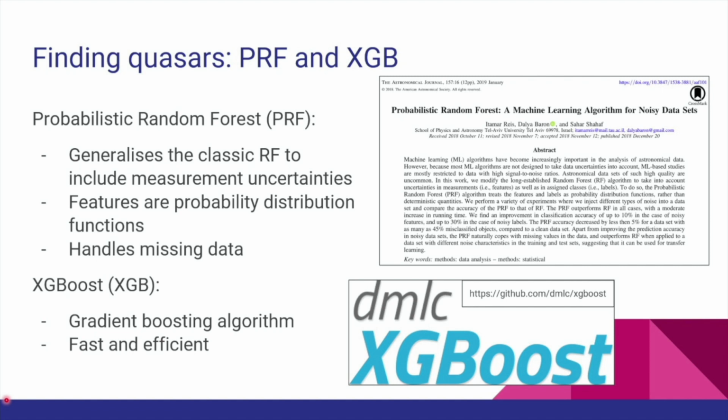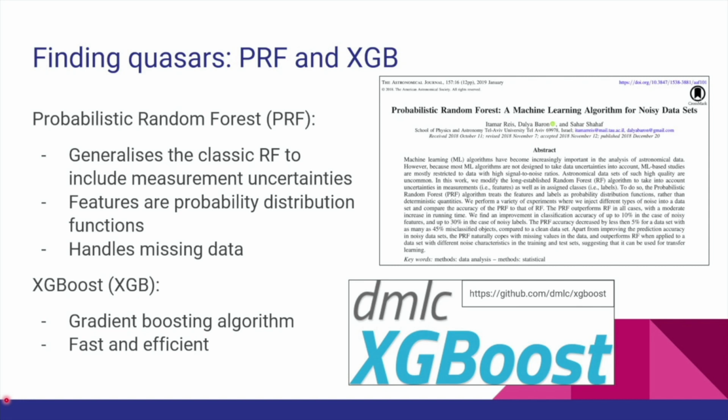Since then, however, more advanced techniques have been applied to the Kubriks selection, such as the probabilistic random forest and, recently, the XGBoost. The probabilistic random forest is a generalization or modification of the original random forest, which is designed to properly handle measurement uncertainties. The idea underlying the implementation is to treat features, that is what we give as input to the algorithm, as a probability distribution function. This treatment improves the performances of the model and allows the probabilistic random forest to easily